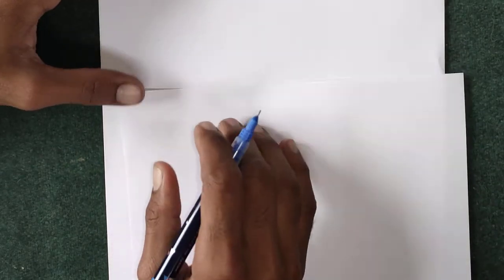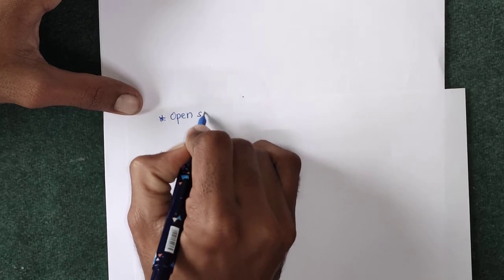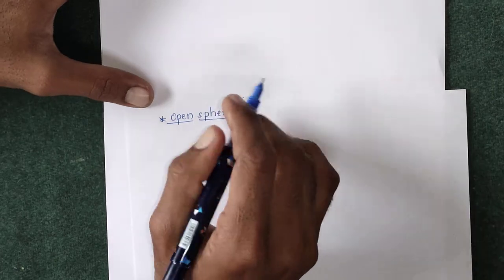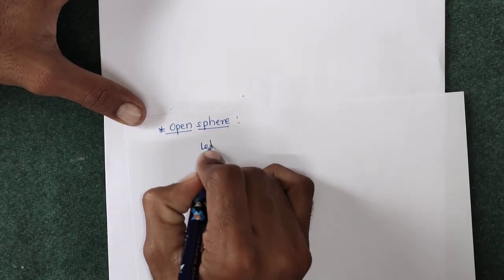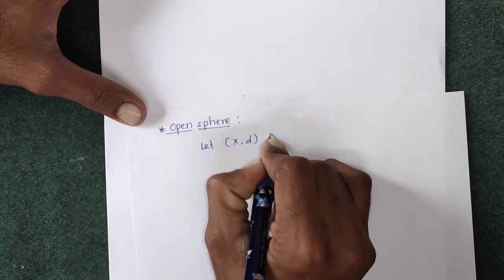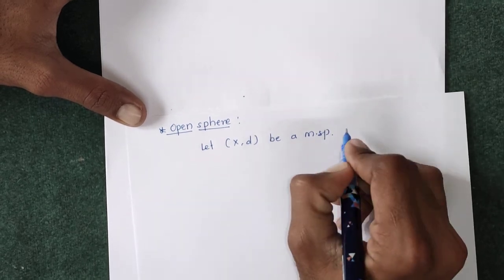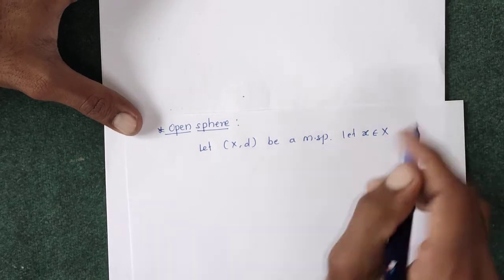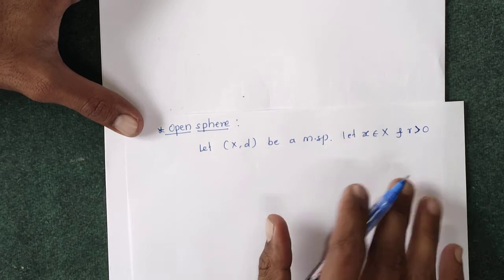Today we will discuss some definitions in the metric space. So the first definition is open sphere. Definition of open sphere. Let (X, d) be a metric space, and suppose x belongs to X and r is greater than 0, then